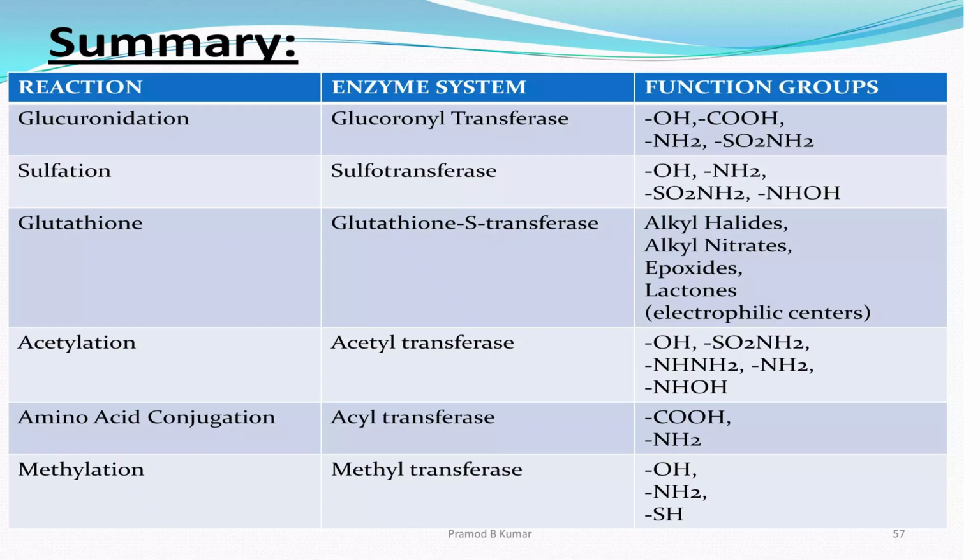Acetylation, mostly acetyl transferase, OH, sulfonamides, NH2, alkyl amines, hydrazines and so on are involved. Amino acid conjugation, that is glycine and glutamate, acyl transferase, CO groups containing NH2 groups are involved in this. Methylation, methyl transferase, that is OH, NH2 and SH are